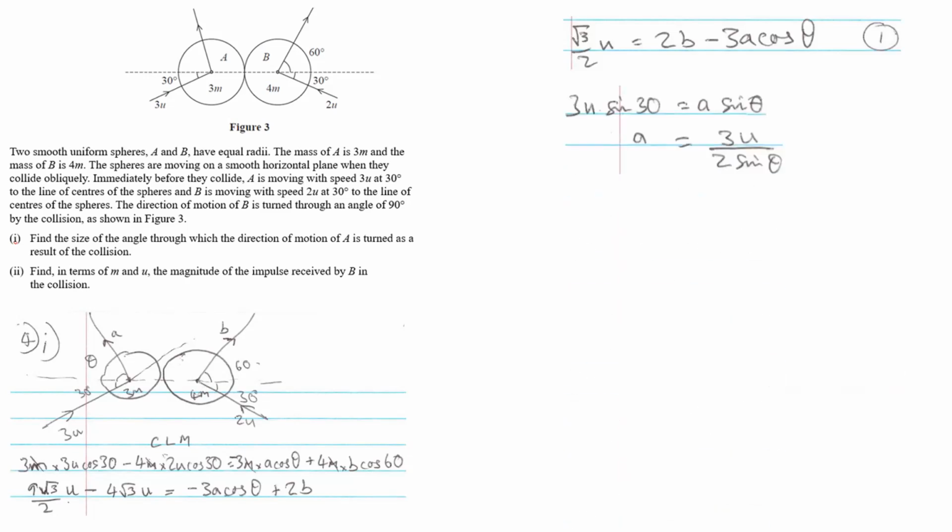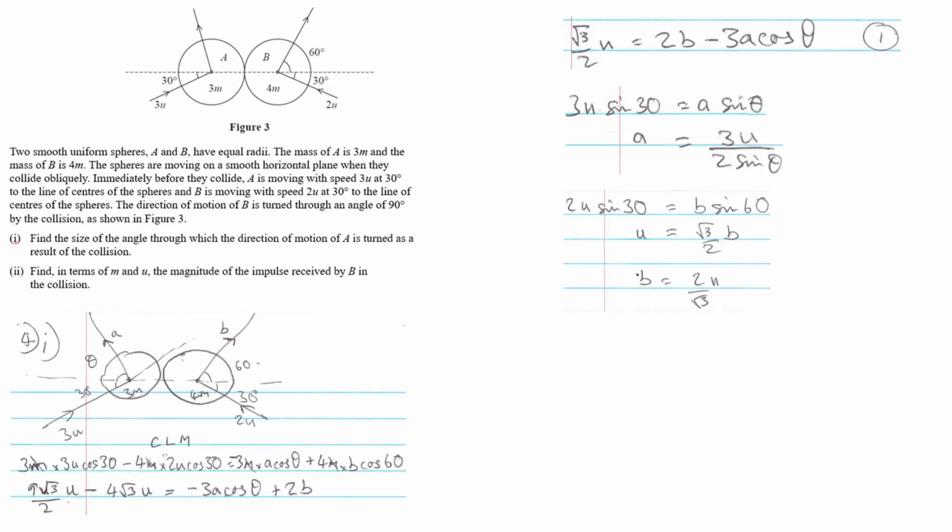And then I've done perpendicular to the line of the collision, where just the components, in this case the vertical, because the line of collision is horizontal, those components are going to be equal. And then I've done the same for B, and I got that